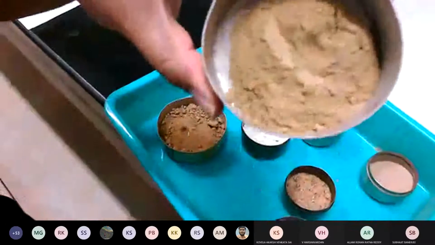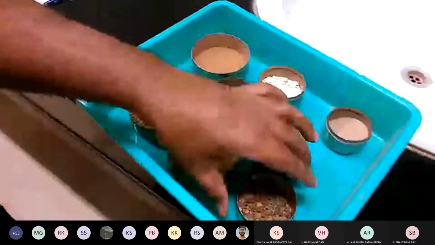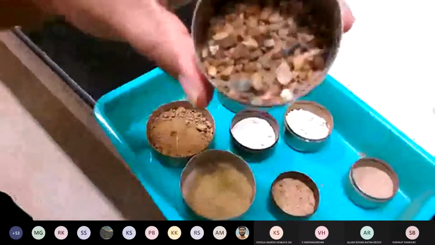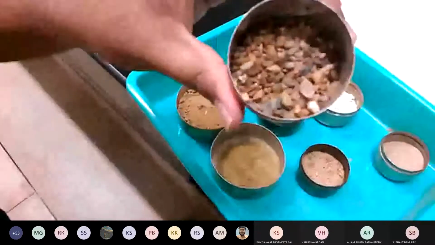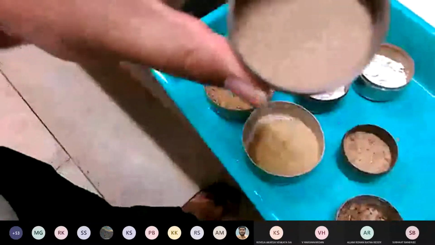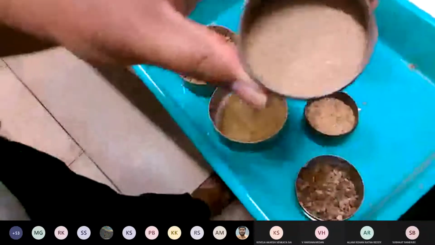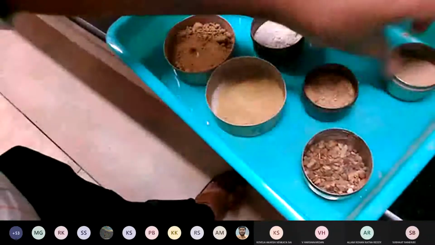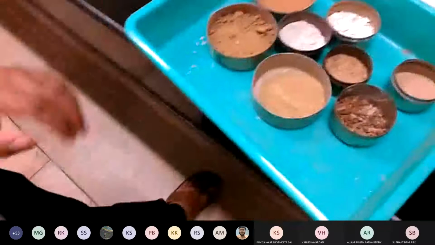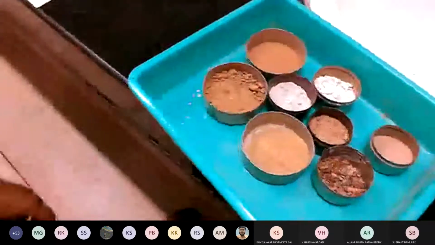So here there is another soil. This is also light yellow color. And this is a combination of colors. There is no single color I can say. But if you look at another soil, this is another gray color. Gray with white. So now if you look at all the soil samples, one thing is clear. You can see different colors of the soil samples. So this is your first observation: based on the color, how to identify the soil.